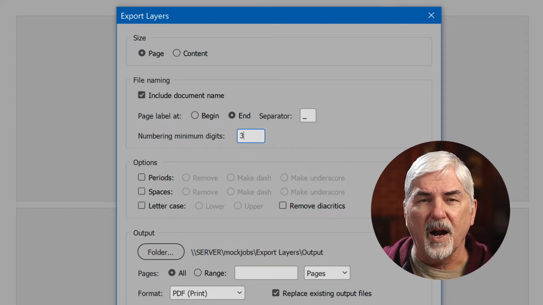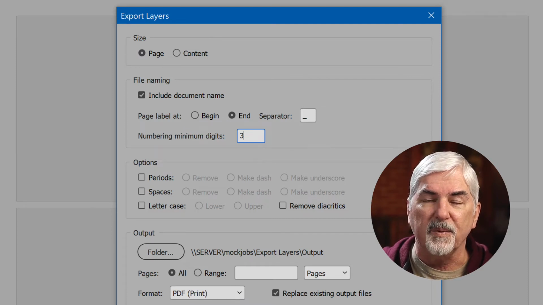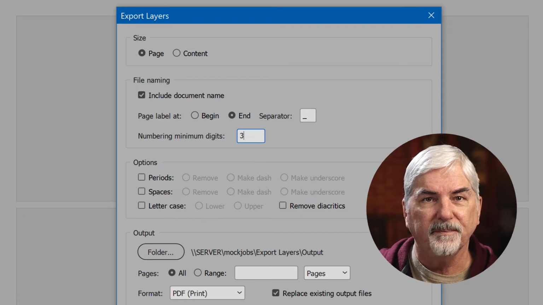Modern systems sort right, but some older systems are not so smart. Sorting 10 before 2, for example, because 1 comes before 2, even though 10 is greater than 2. Adding a fixed amount of zeros solves the problem. 002 always comes before 010.